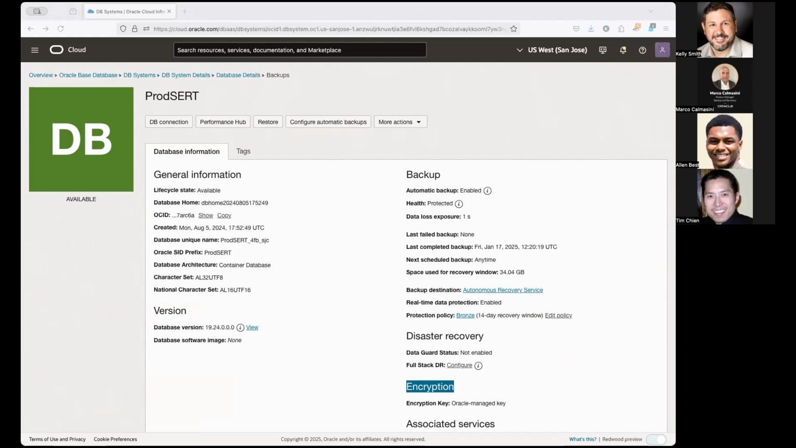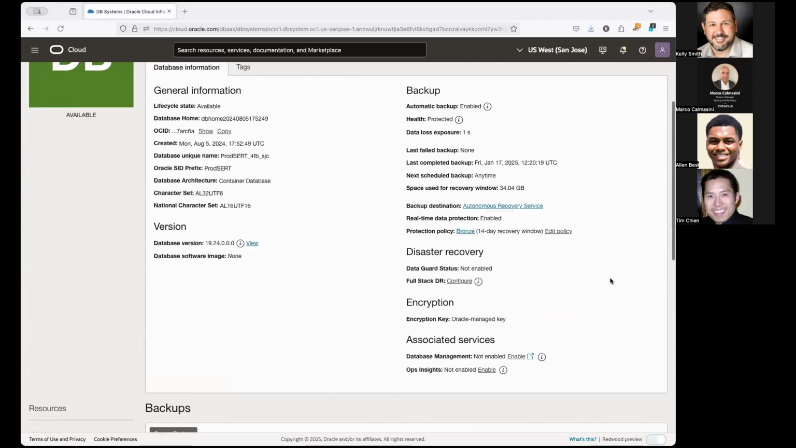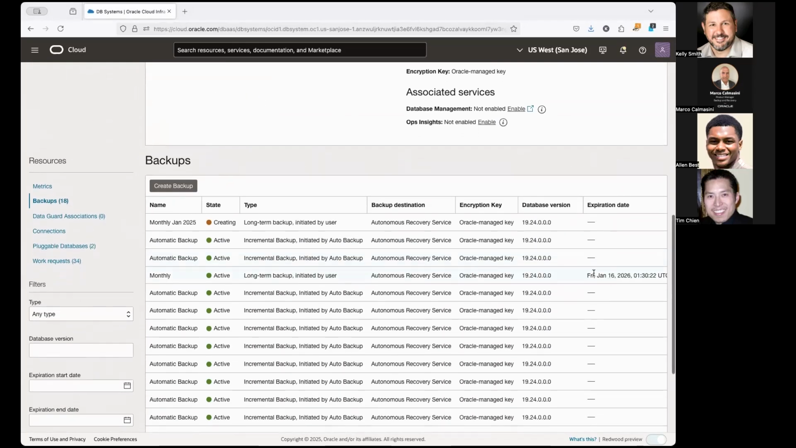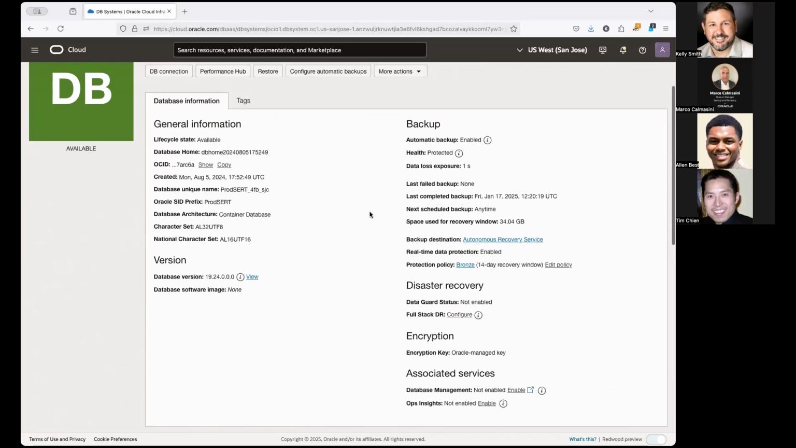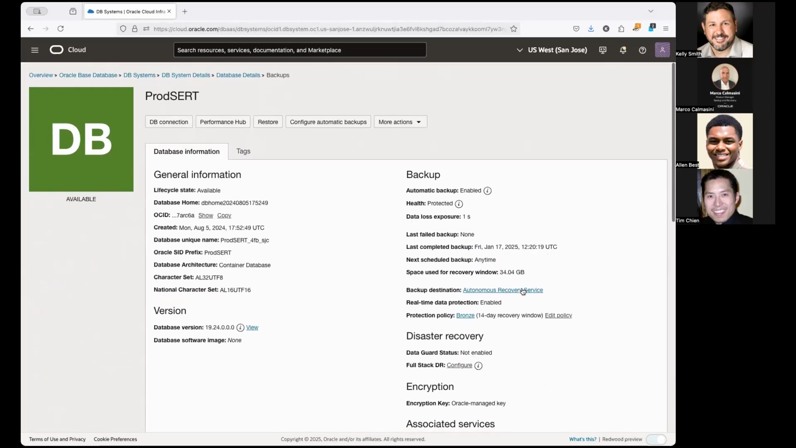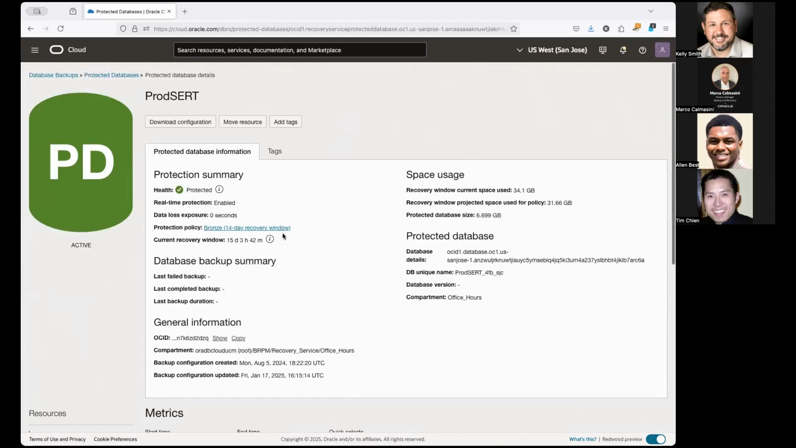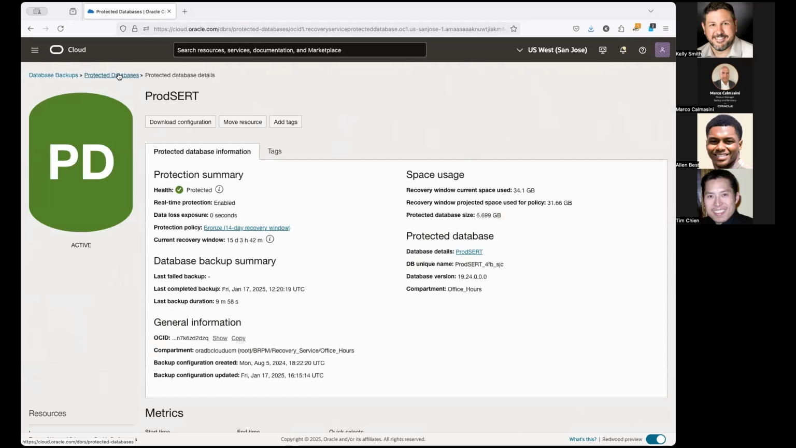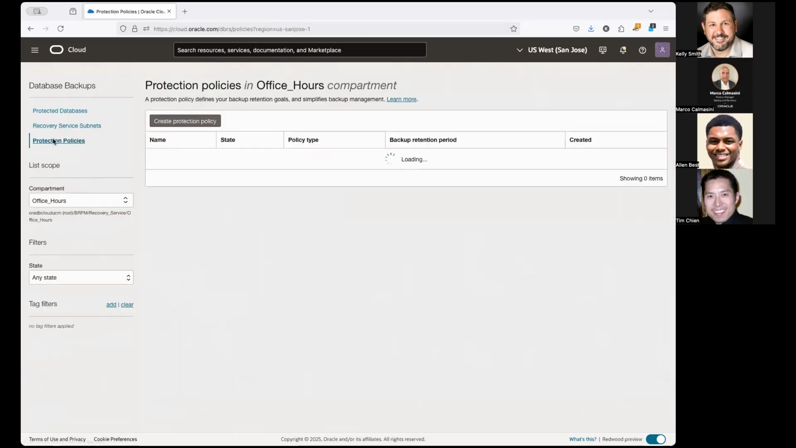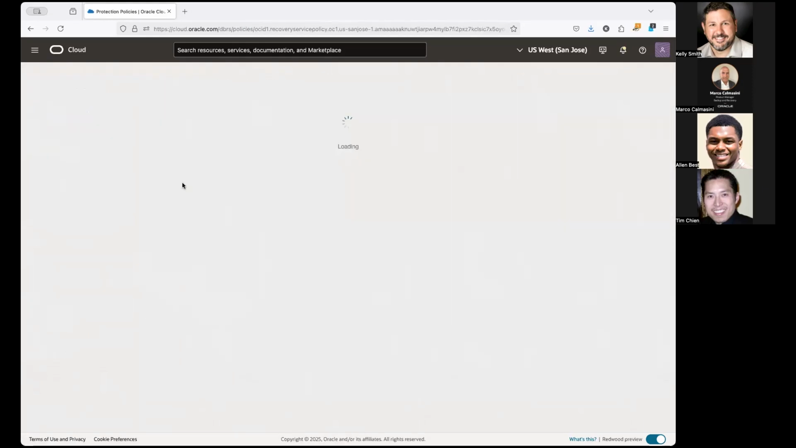There's a question about how to manage the life cycle. So for long-term retention backups, they're not wrapped into the policy. For operational backups, for backups that are protecting the database, let's go look at this real quick since we had this question come up. We'll go look at the recovery service. And if I go look at my protection policies,